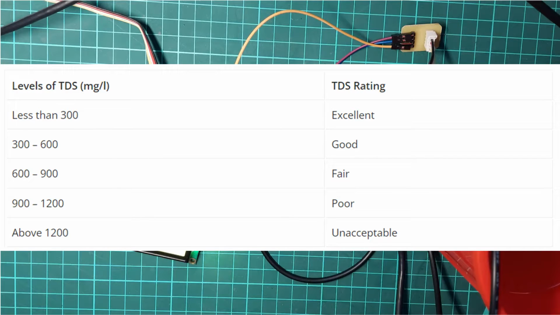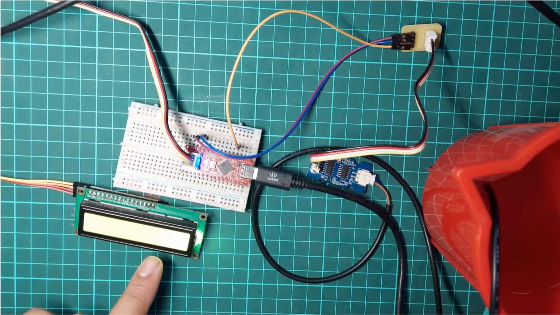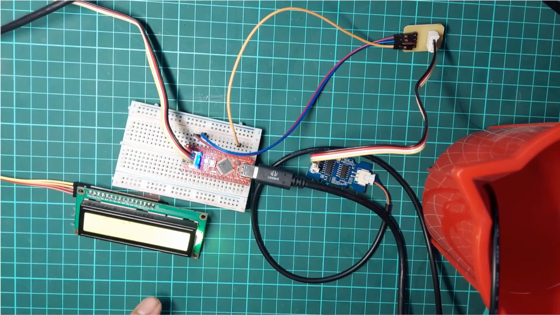And if the TDS is between 300 to 600 mg per liter, then TDS rating will be good. Similarly, fair, poor and unacceptable. The value given in table is in mg per liter, but here I am going to measure in ppm. So let's relate it with ppm value.